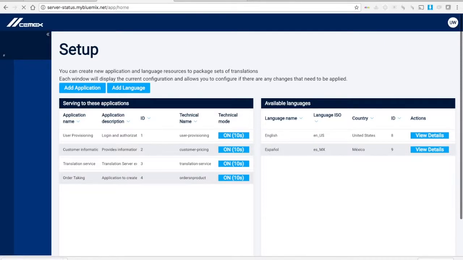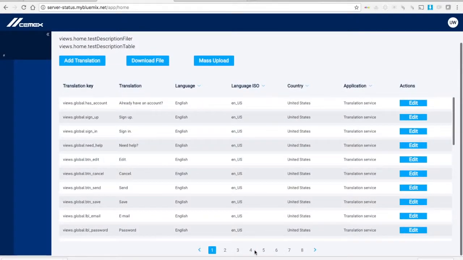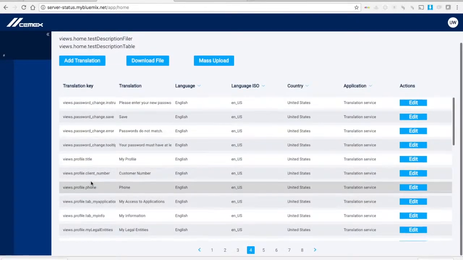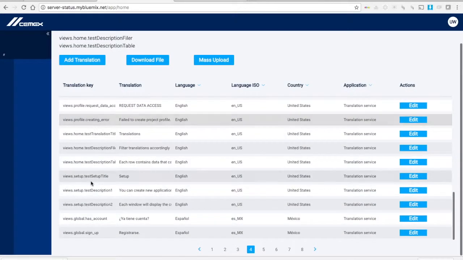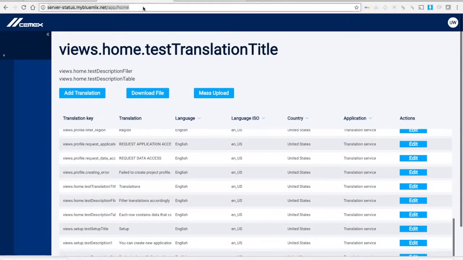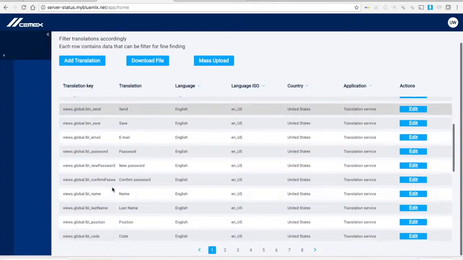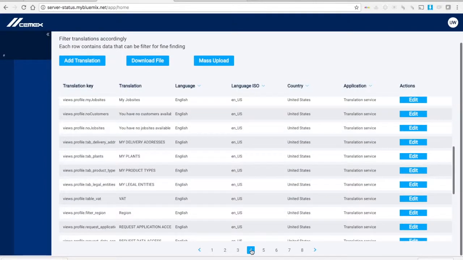So I'm going to quickly go ahead and see that actually this label here, its technical name, is views.home.test translation title. So I go to page 4 and look for the views home test translation title. I know it's this one. So if I reload the page, because it's already been 10 seconds, I will receive only the actual translations. All right, so I want to modify that one because, I don't know, maybe the title